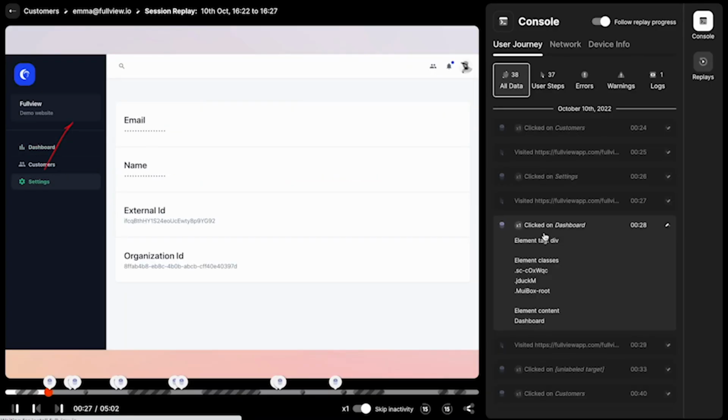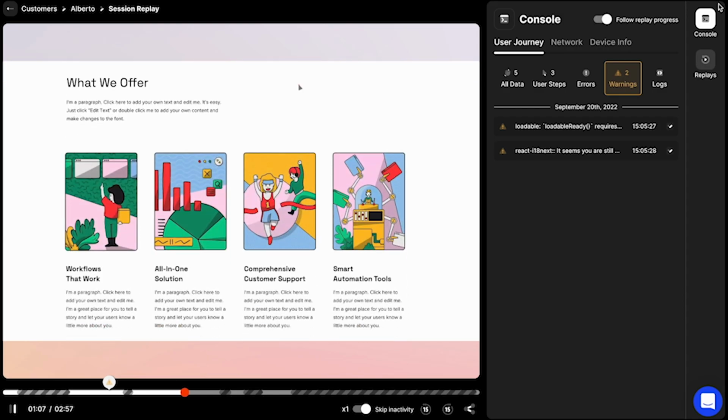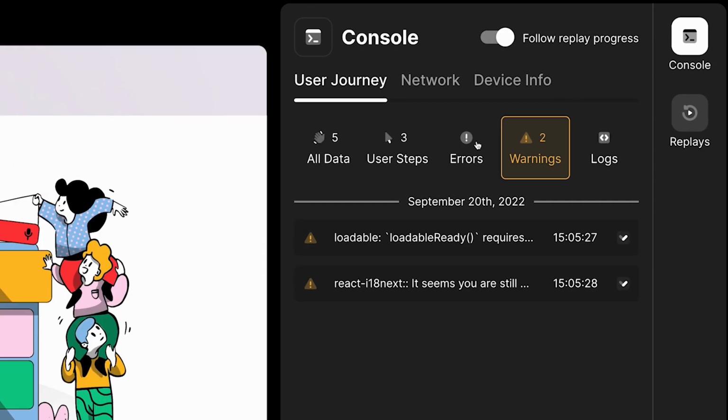The second use case is customer support. That's exactly what Fulvio was built for. And in this case, the moment a customer reaches out on a live chat or by submitting a support request, instead of having to ask a lot of questions, ask for screenshots, or try to guess where the user was or what they were trying to do, you can cut all of that wasted time by simply replaying what happened. So you can replay the most recent session, not the whole thing, just jump straight to pre-detected errors